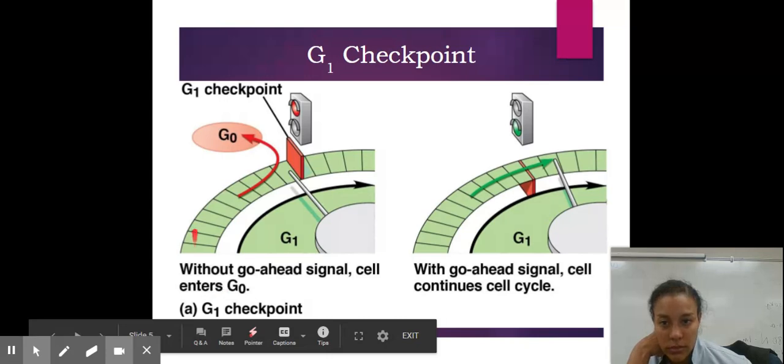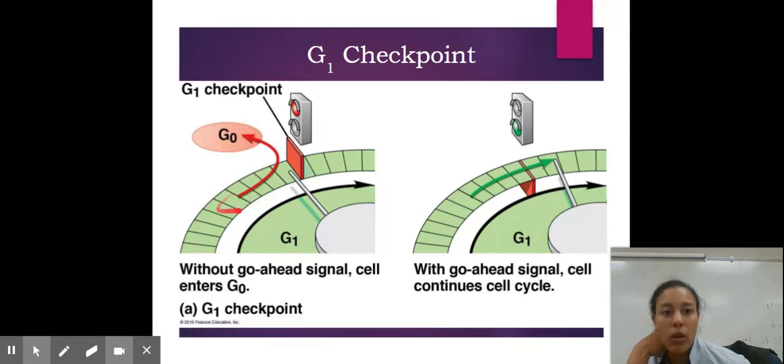And we have this G0 phase where our cells kind of get into this resting phase, or it's called the quiescent phase, where they just kind of pause. And if it's at a checkpoint, or if the cell is not ready to go through and divide, it might push a cell into this phase where it's just going to rest and hang out until things get solved by our checkpoints, or the cell is communicated that it needs to continue through the cell cycle and go through and